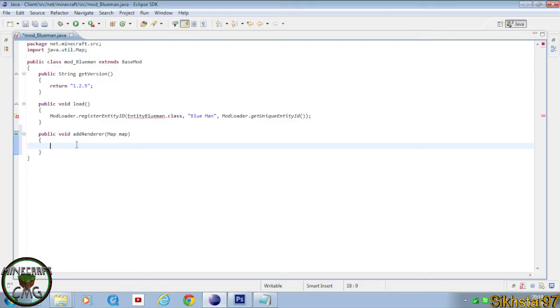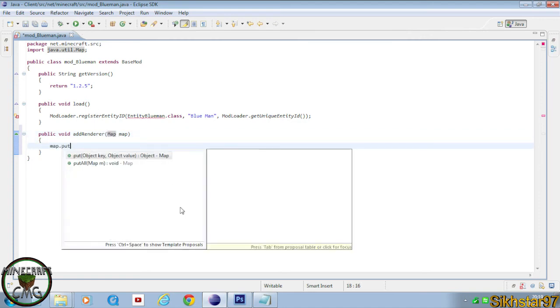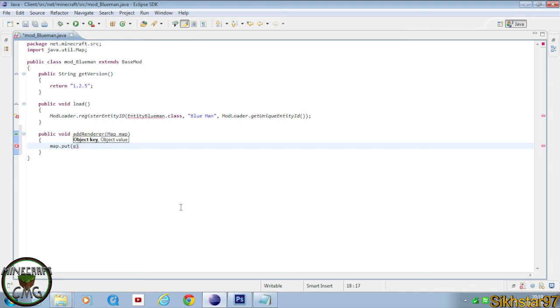Now the next thing we're going to do is create the code that's needed to add a renderer. And it says here Map, and that's basically the code that's used to put the shape onto our entity and give it the qualities for movement of the arms, so when it walks, how much its legs and arms rotate by. The reason why I put the java.util.Map is because of this, so this could be defined and found. So inside here we need to put map.put, delete everything inside the brackets,